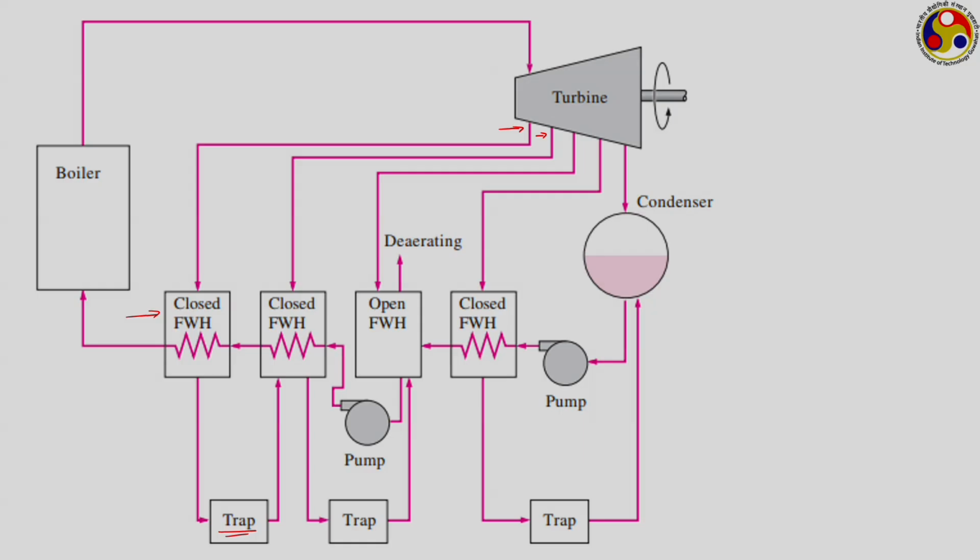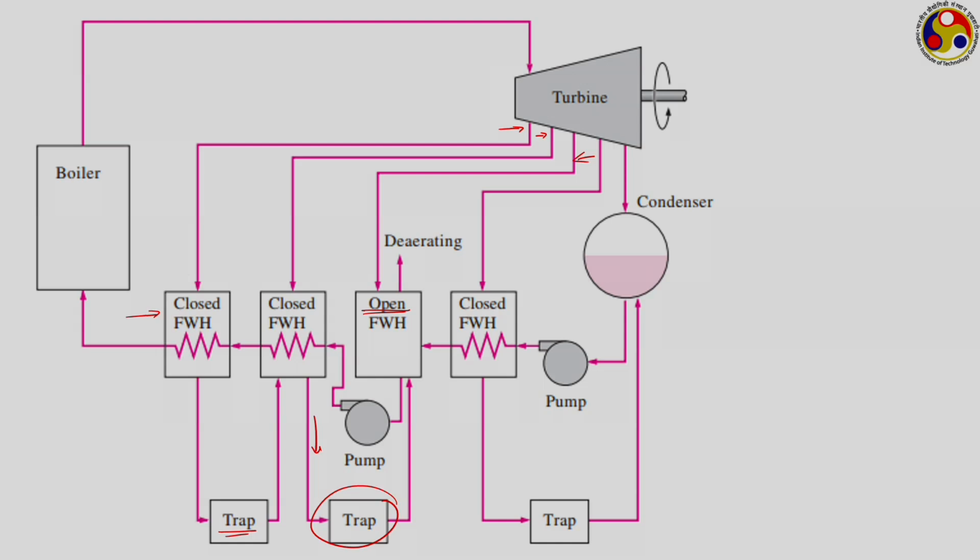So, here we do not need a separate pump. Now, from the second closed feed water heater, the condensate coming from the first one is allowed to mix with the condensate formed in the second one, and then both of them are allowed to flow through the second trap back to the open heater. In the open heater, we are supplying steam at an even lower pressure level, and also the condensate that is coming from the downstream side, they are all allowed to mix with each other. See, it is an open feed water heater, so there everything is allowed to mix with each other,